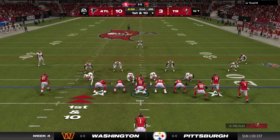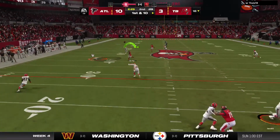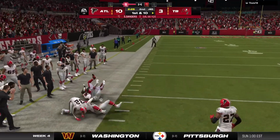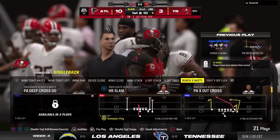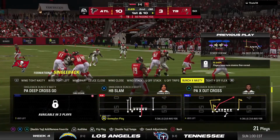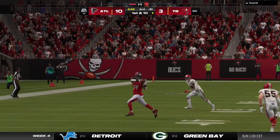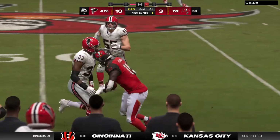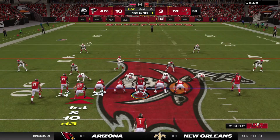They're riding a 2-game winning streak into this Thursday nighter. How easy is it when you're on a roll to stay on a roll given the quick turnaround? Well, you would think it'd be pretty easy because everyone's locked in practice and meetings because everyone feels good about themselves. And for coaches, this is where they have to tell themselves, don't add too much, don't worry about game plans as much as players. So look at your play sheet and think, give it to the guys who play best, and don't worry about the rest of it. So the line of scrimmage all the way up to midfield now as they've got it